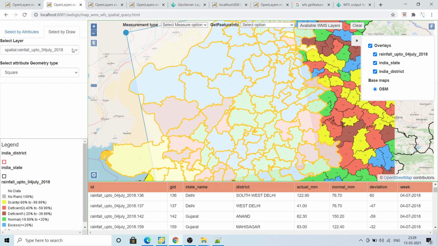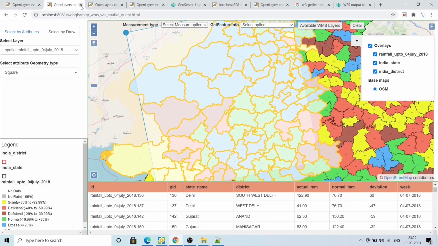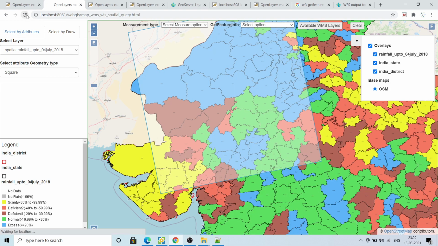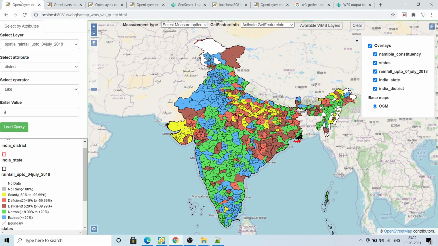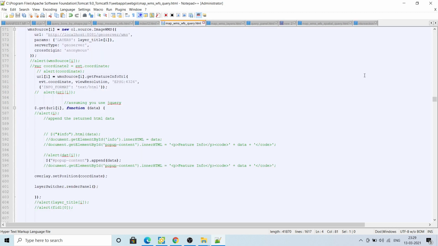So like this, in the next tutorial, I'm going to show you. So for today, we'll keep ourselves to this only. So now I will show you the code part of it. Okay, where is that file? Let me check. Yes, this one.